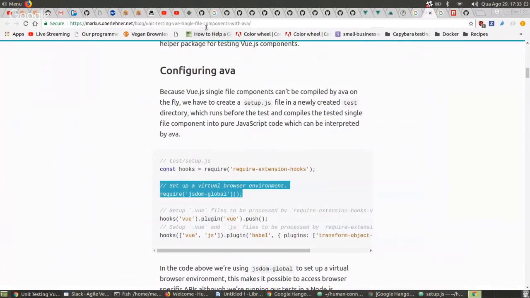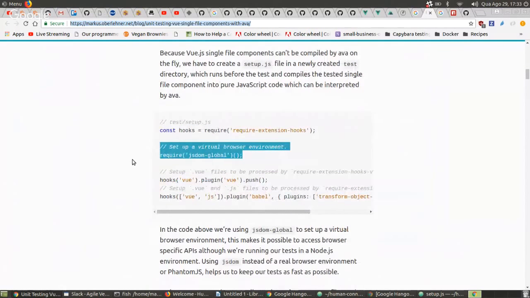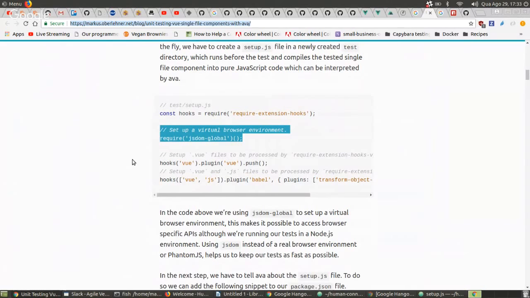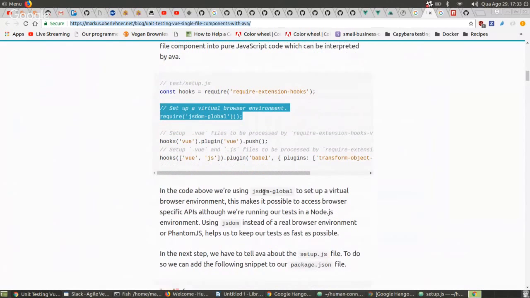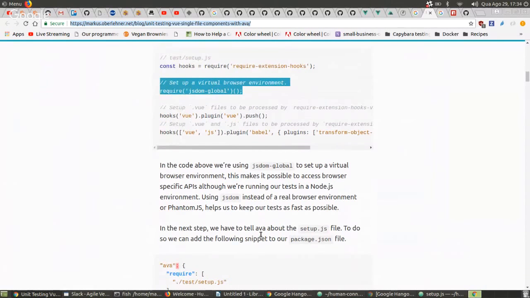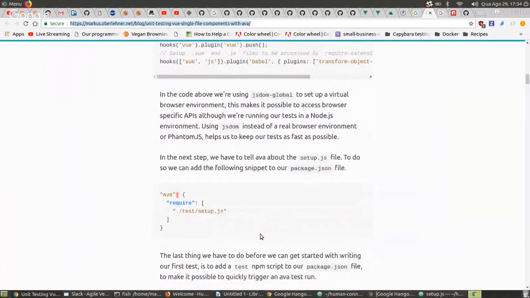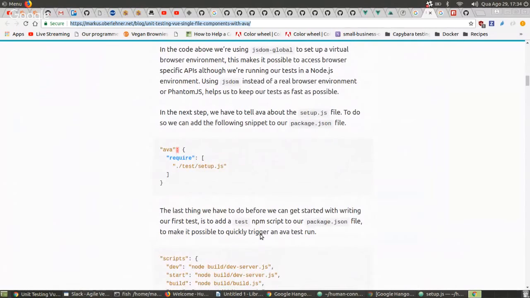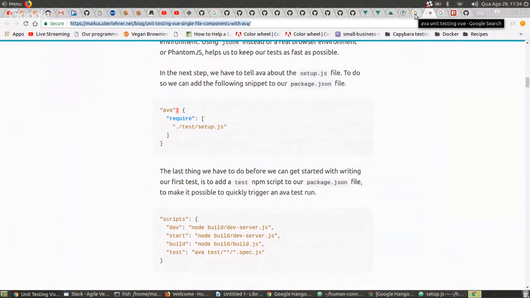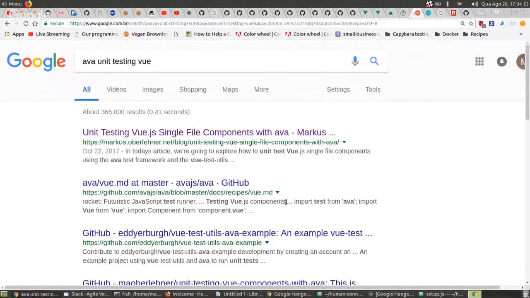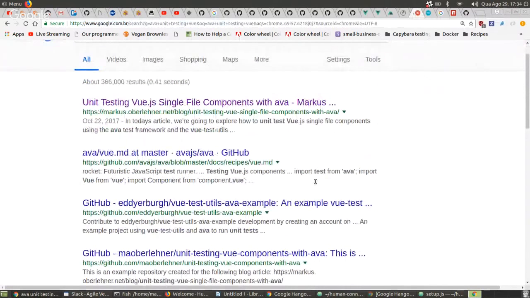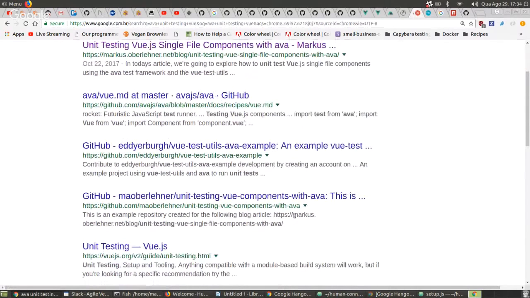Yep. Yes. There, setting up the test environment. Configuring Ava, require jsdom-global. We're setting it to set up a virtual browser environment. It makes it possible to access browser-specific APIs using jsdom instead of a real browser environment. Okay. Maybe I can find an alternative tutorial on how to set it up without jsdom-global,